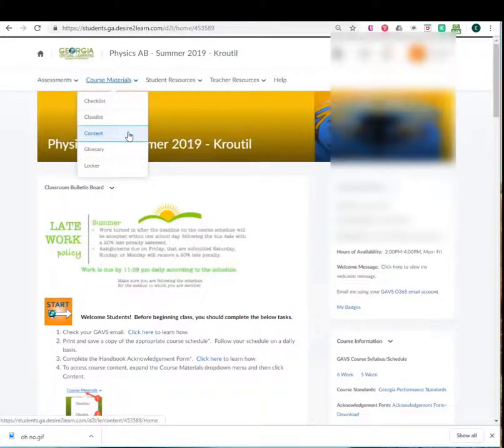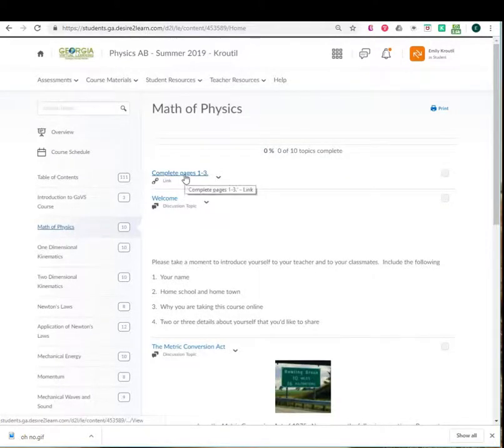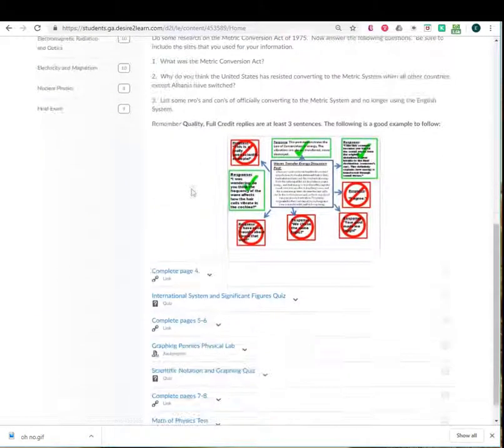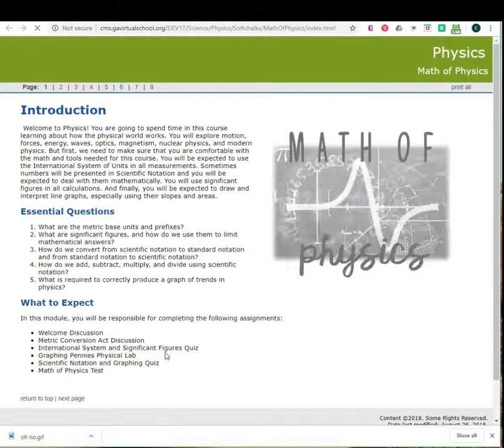So the first thing you should do when you get into the course is click this course materials, hit the down arrow, and hit content. That's going to take you to the content of the course. So if you want to start out with your math and physics unit, you can hit complete pages 1 through 3, or 4, 5, 6, whatever one you do, it's going to take you to the first page of